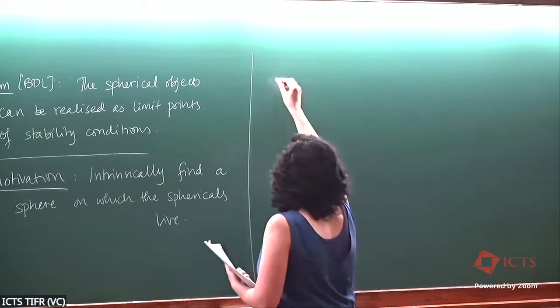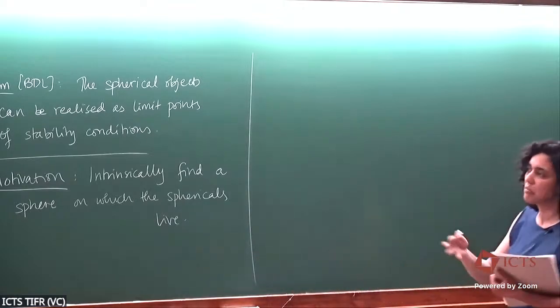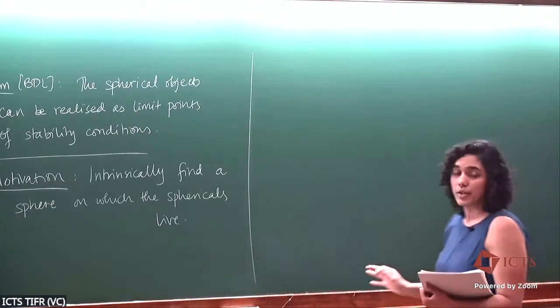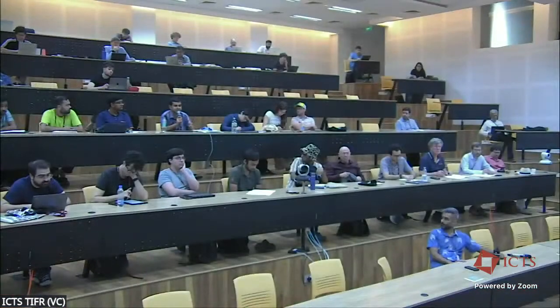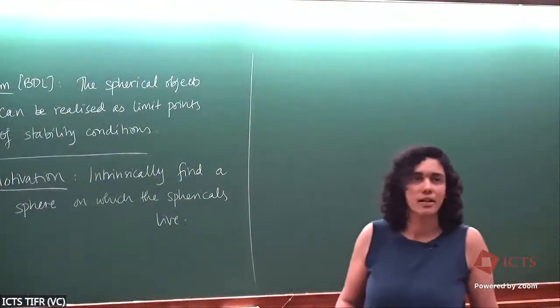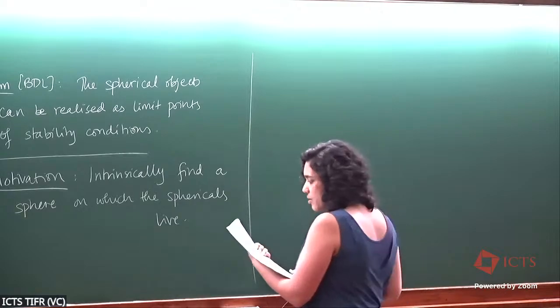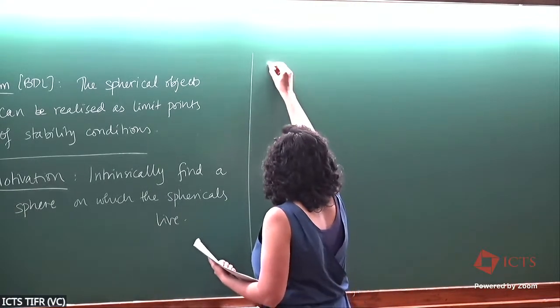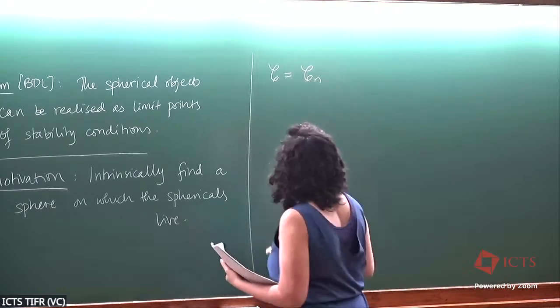Okay, so now let's look at the particular category that we want. Again, the question can be asked completely generally. There's no restriction. So you want the spherical objects to be unstable? In general, they will be unstable. There are many, many spherical objects, so you can't expect that most of them are stable. Right. So the category C that we are interested in will be a category coming from some sort